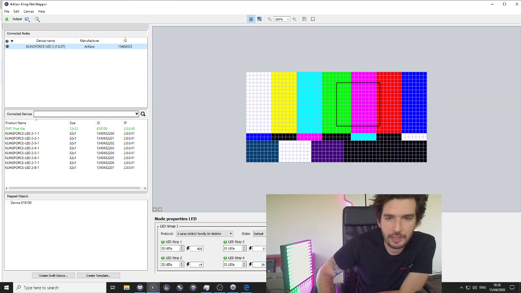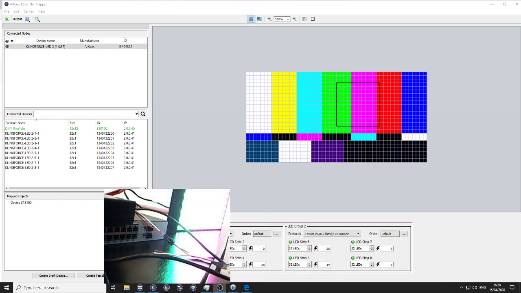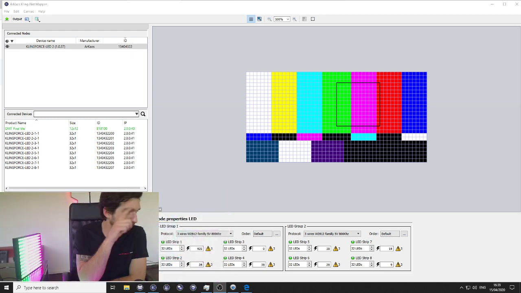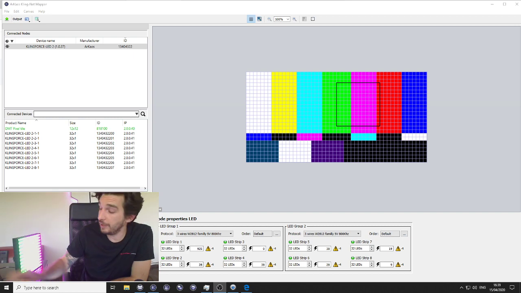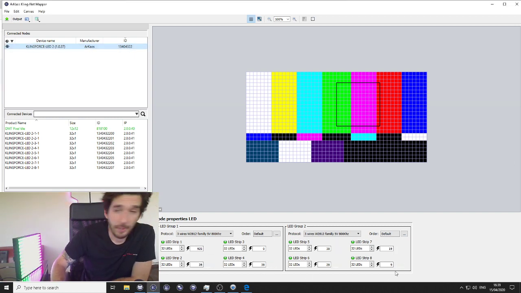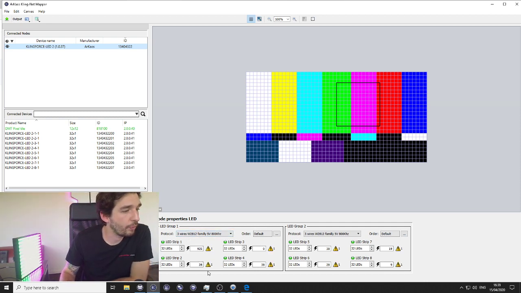So I have a new friend showing up here, a node. I'm going to switch camera again because I'm in front. Sorry for that. There we go. Selecting my node, you can see the properties of my node on that side. My node is basically my driver. My driver has 2 cores. You can see that I have 1, 2, 3, 4, 8 outputs.